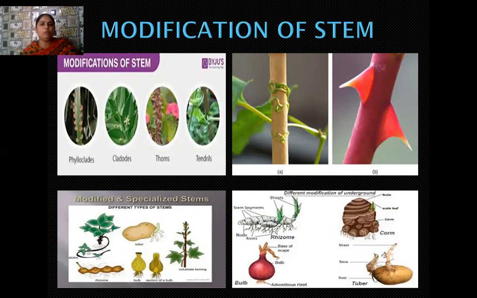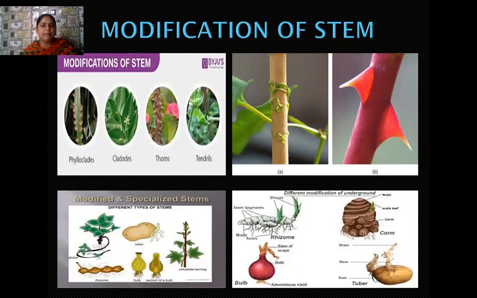Okay, students, there are so many pictures visible to you which show the modification of different types of stems. Here we have green stems that are found mostly in plants growing in arid regions. This specific type of plant stem which has the green pigment chlorophyll is known as phylloclades, cladodes, etc. Here thorns are visible to you, and I have said that these thorns play the role of protection in plants.